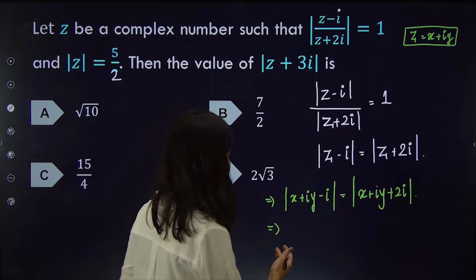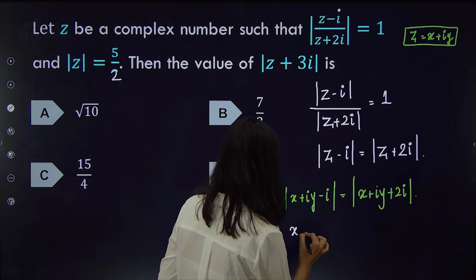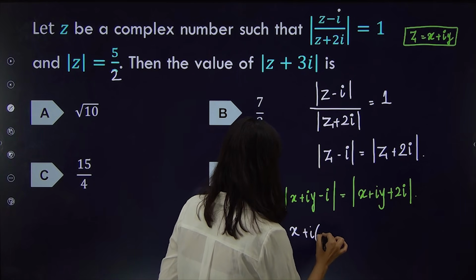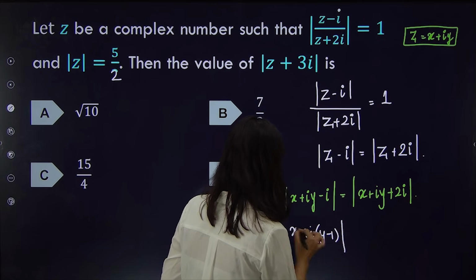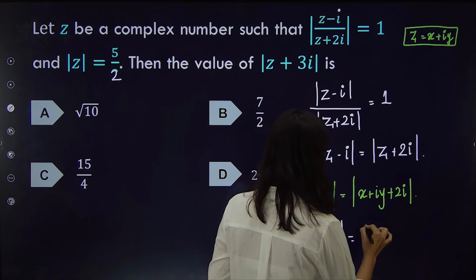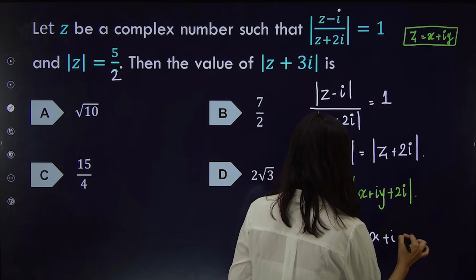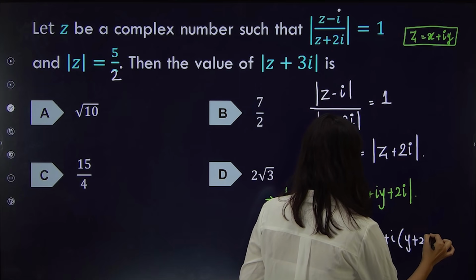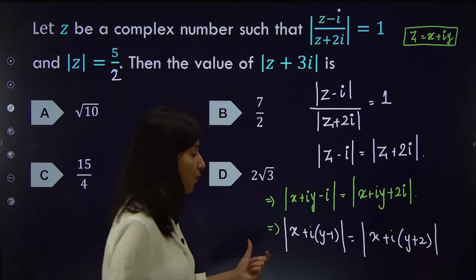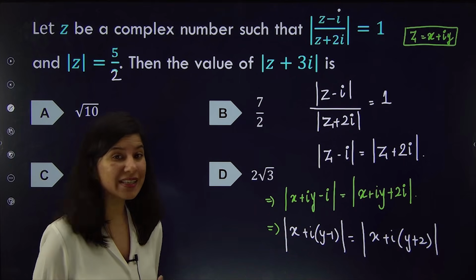Okay, separate the real part: x plus i times (y minus 1), modulus, is equal to x plus i times (y plus 2), modulus. Understand, moduluses are equal,